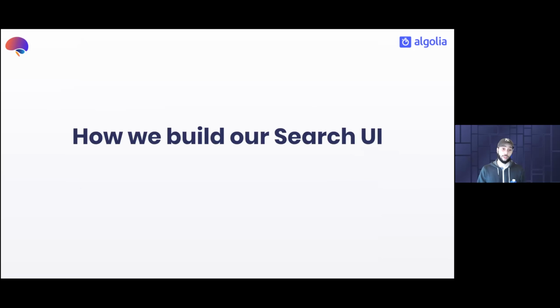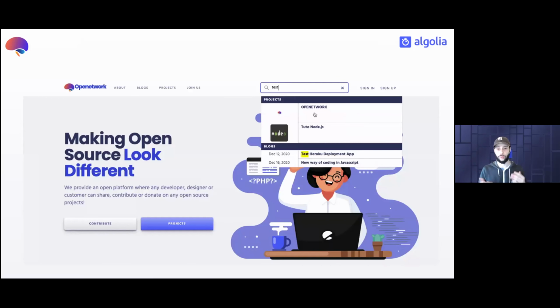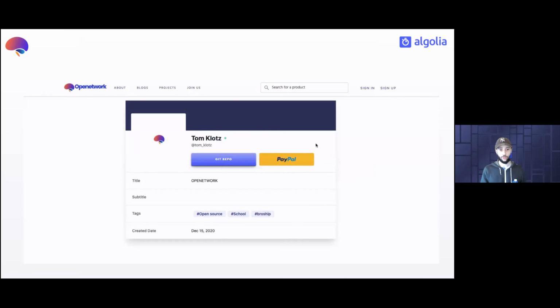The next part, you have fresh data, you have everything that you want on this side. Now you want to build a search UI. In our scenario, we wanted to have just something really simple, to have a search bar and a drop down with the result. What we wanted is this. You type, you have result, you click, and you go to the result.